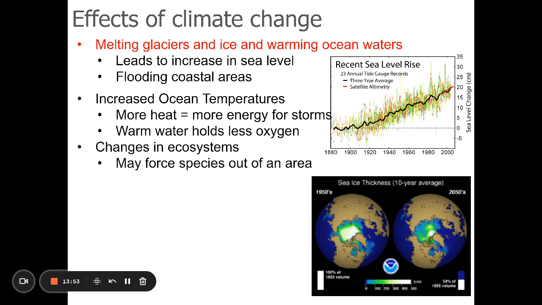Ecosystems will change. We know that in certain areas, the climate determines what type of ecosystem there is. Right? We have a hardwood forest in our area because of our temperature and moisture. Well, if our climate changes, that can lead to a change in which species are able to survive in those areas. Some species may not be able to deal with warmer temperatures. Most ecosystems will shift northward.